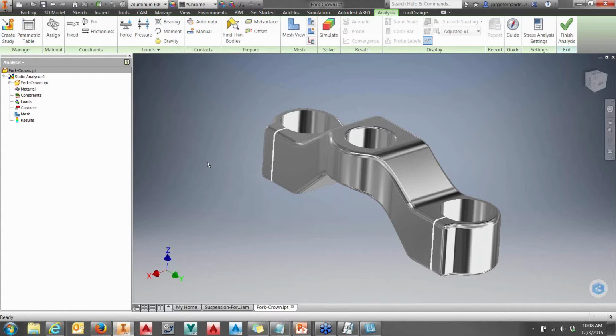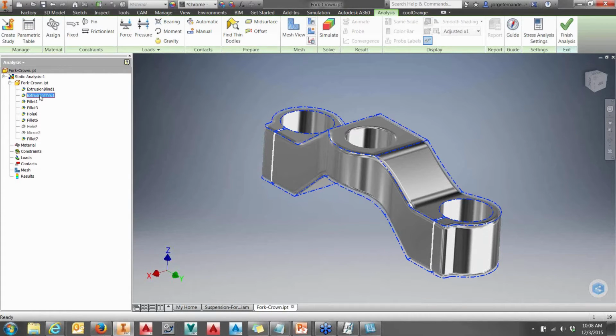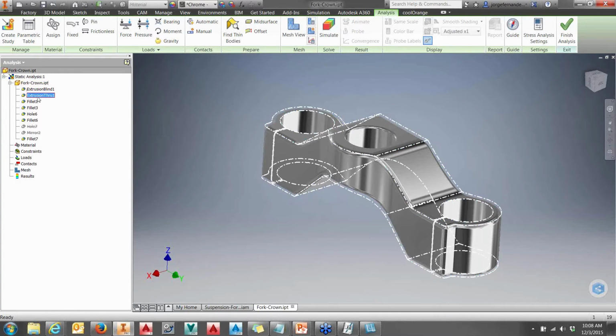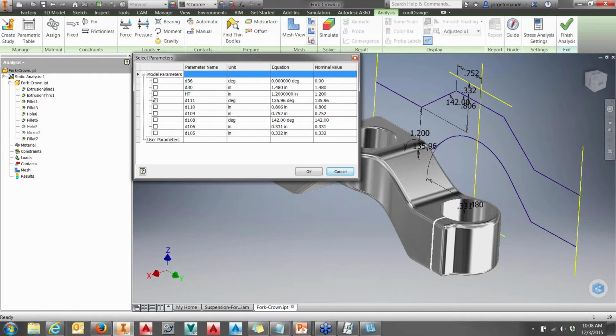Alright, we'll select OK. The first thing I'm going to do now is tell it exactly which parameter I want to bring over. So if I go to the fork crown right here in the browser, you would right-click the extrusion it's a part of and click Show Parameters. This is a really crucial step. If you forget this part, it's easy to go back to, of course, but you do need to do this in order to have the parameter come forward. So I'll simply select that parameter, HT,